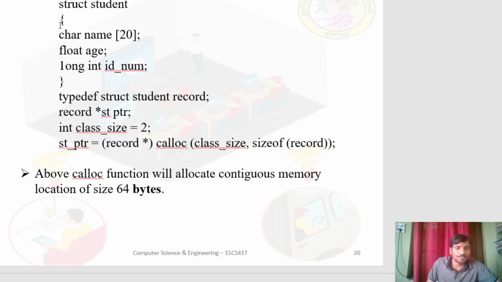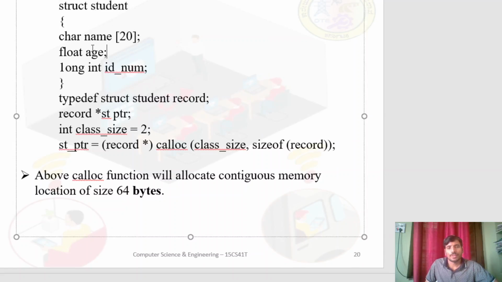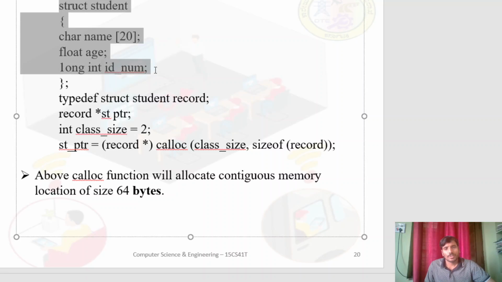For example, consider the structure student with name, age, and long int id number. What is the size of this structure? The size of the structure is the summation of the individual member sizes. Here there are 3 members of the structure: name, age, and id num.